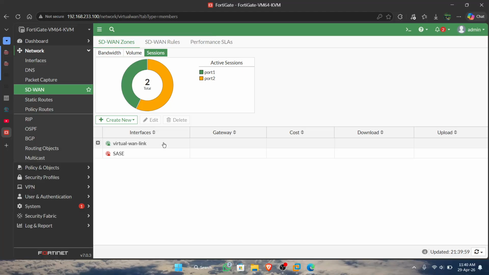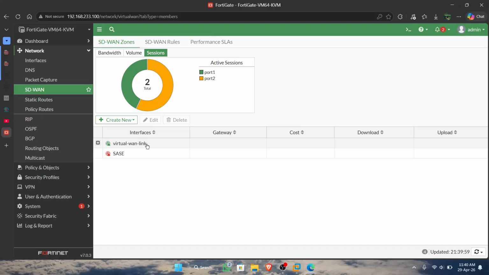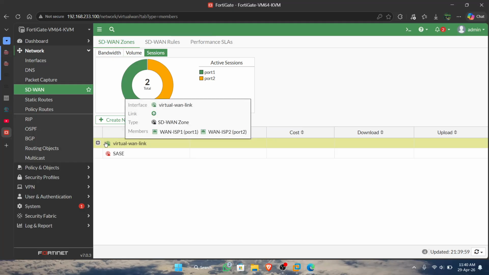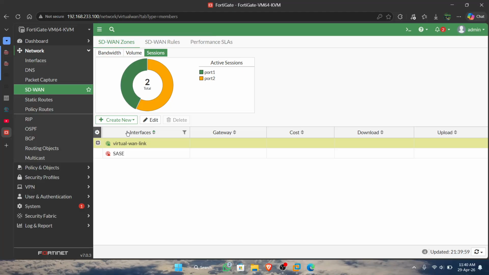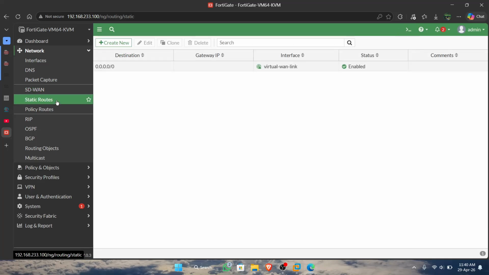If that happens, we must enter the terminal and configure set status enable for the virtual WAN link. In this interface, I configured it until the color is green.